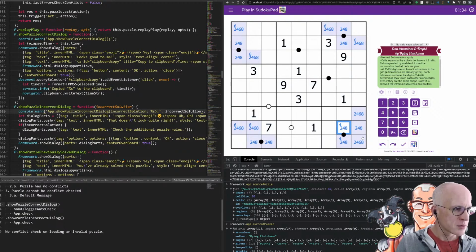Cells are rectangular have a 1 to 2 ratio. All even digits must form 9 tetrominoes in the grid. And that makes sense. We have 9 times 4 even digits. Tetrominoes may touch each other along edges, even if they are the same shape. Note, it is allowed for tetrominoes to cross box borders.